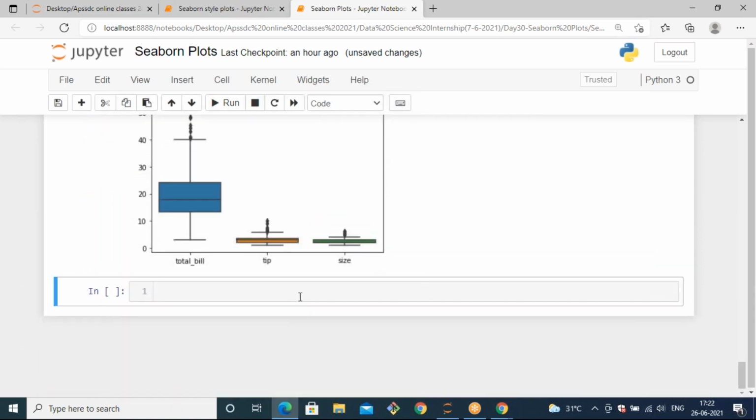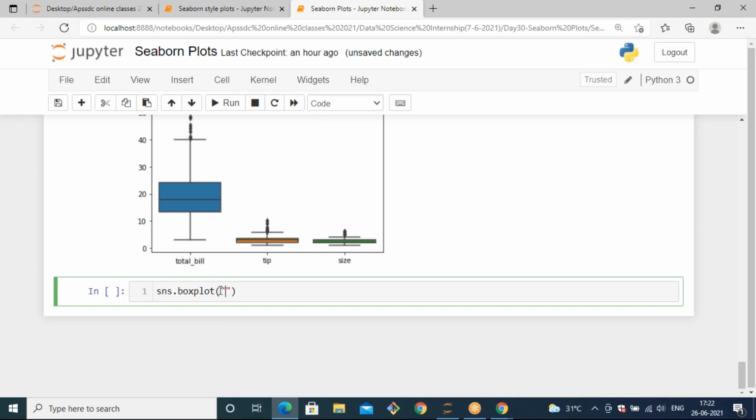Now if I plot with respect to x and y values, sns.boxplot. It's based on the data only, right? If the data is suitable for visualizing a box plot, we can prefer the box plot. So it's up to the data. Based on the data values only, we prefer one particular plot. And while practicing, you will observe more things. Based on that, we will prefer the best plot to visualize our data.